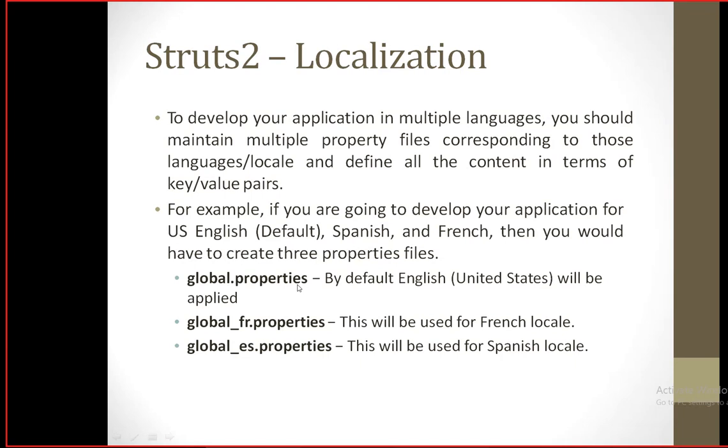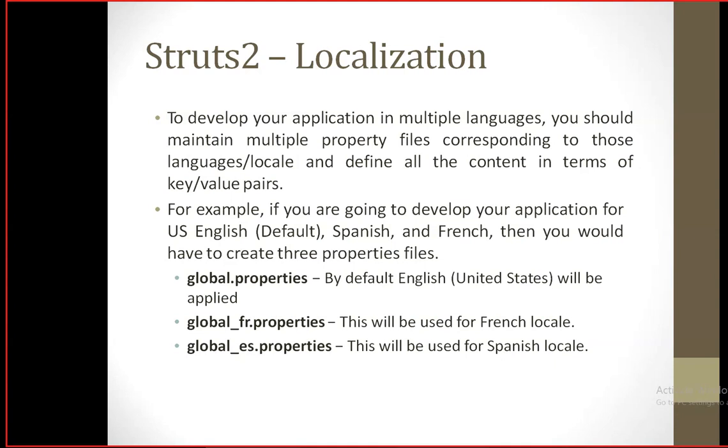Understood? But if we want to use the French or Spanish locale, we will have to use global_fr or global_es.properties. All these property files we create, those many languages will be added to the Struts framework